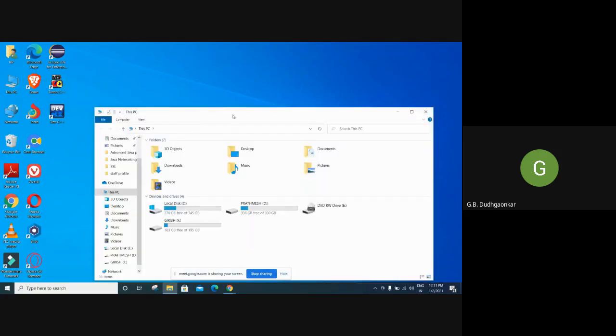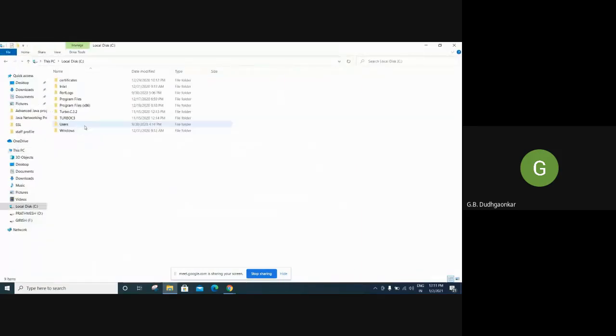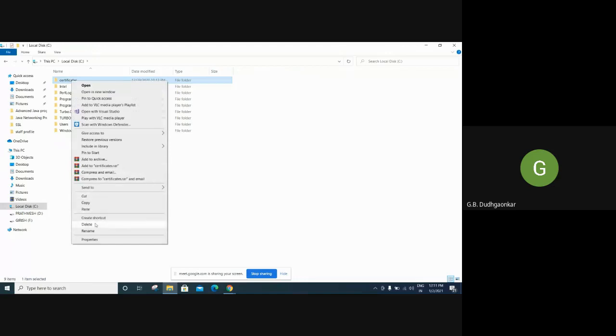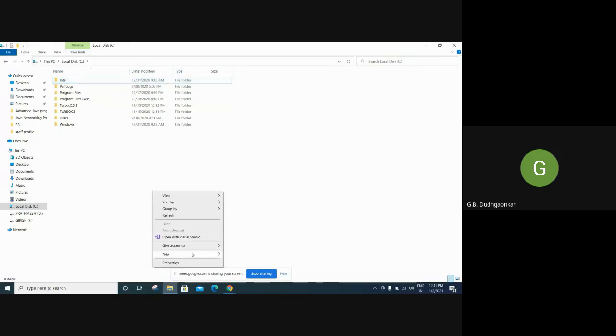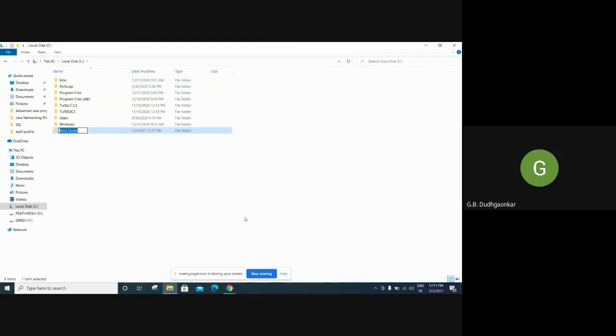So here at the C prompt, I will create one more folder here by the name cert. Okay. So there is nothing in that folder, it is empty. Okay.